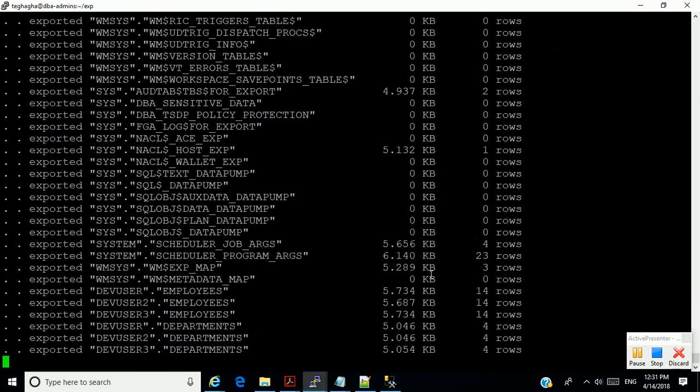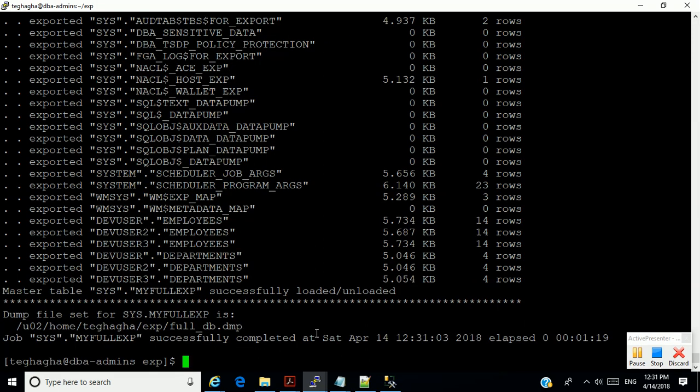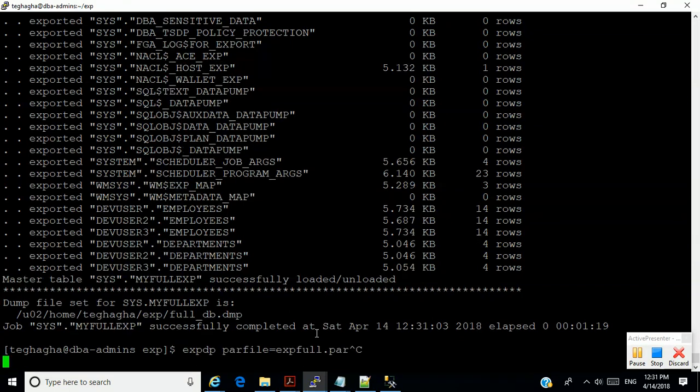It's doing the same thing. If I wanted to kill it, it's already finished. See that? So I simply did the same thing by using a parameter file. So I've shown you the diverse options. Okay. Now we have